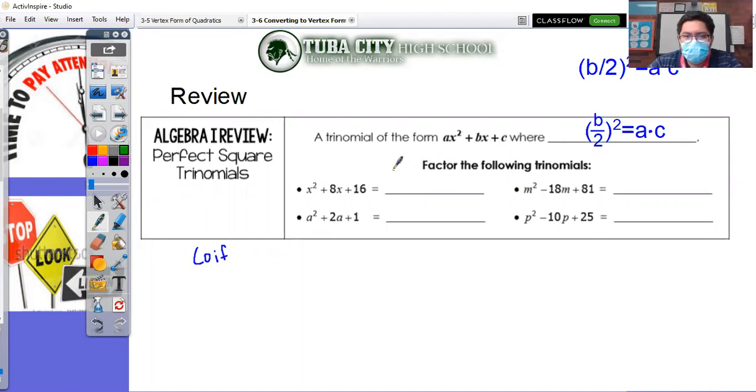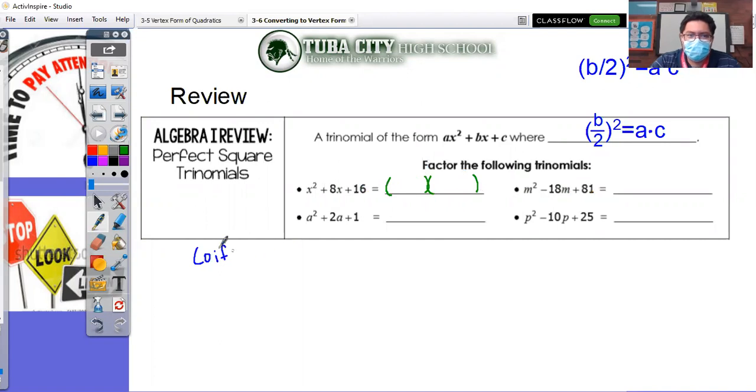In this method, we know about FOIL, right? FOIL is a thing when you're multiplying two binomials, which is actually what we're going to have here. We're going to have a binomial here and another one here. Sometimes I call this the double bubble or the parentheses, but that's usually the first step. And then after we have the parentheses, we're going to